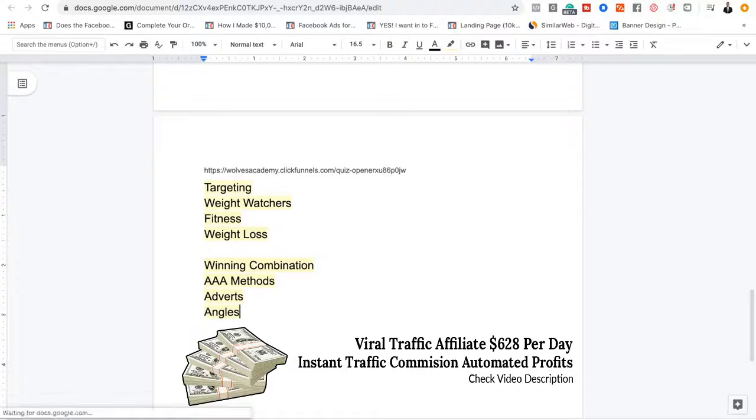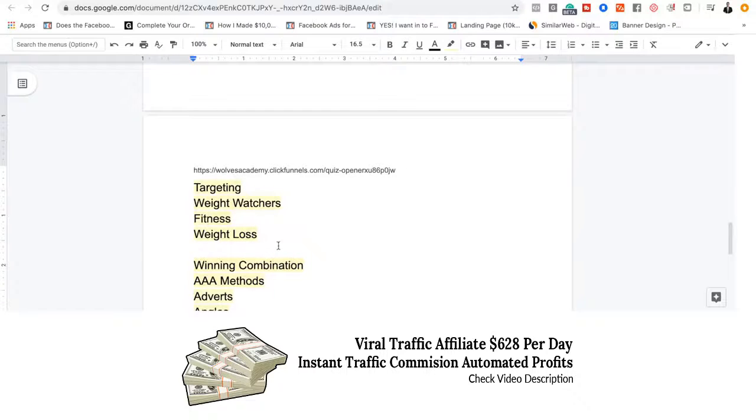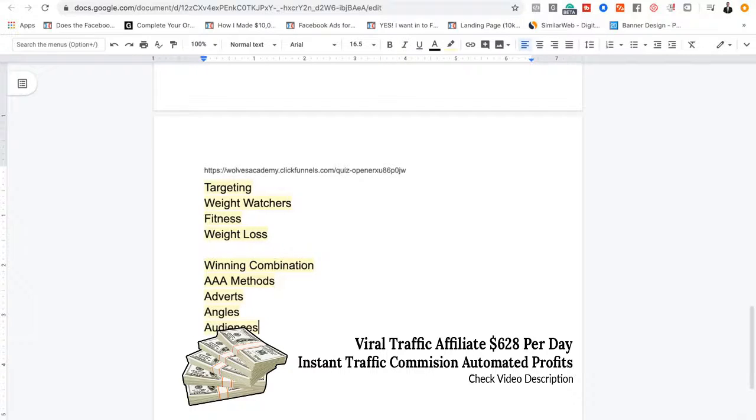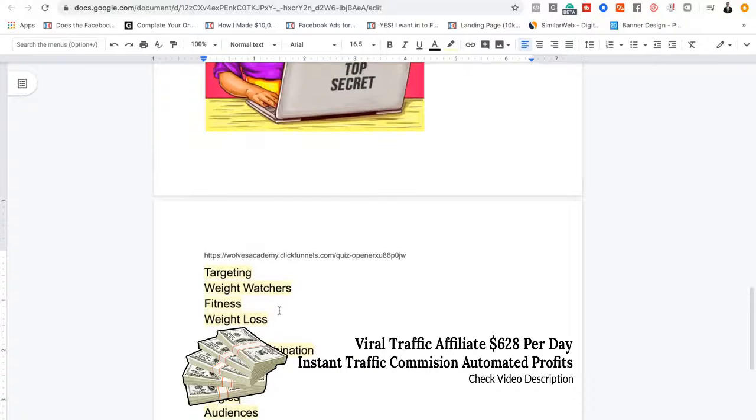Angles and audiences. So basically, the angles have been created for us, the adverts have been created for us, the landing pages have been created for us. Now we just literally have to go ahead and test different audiences, right? So test these different marketing angles and adverts in front of these different audiences, and then we'll find a profitable